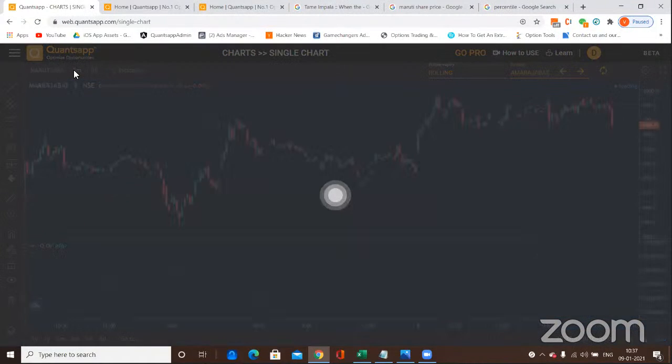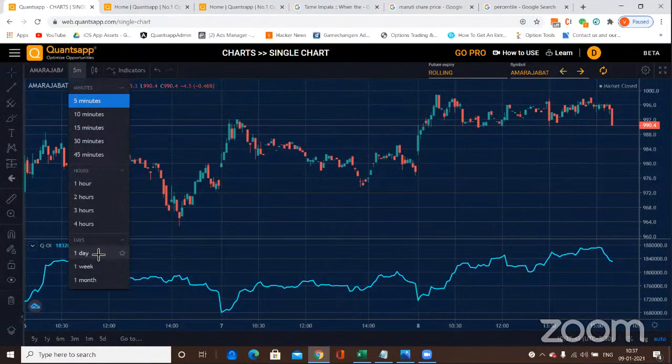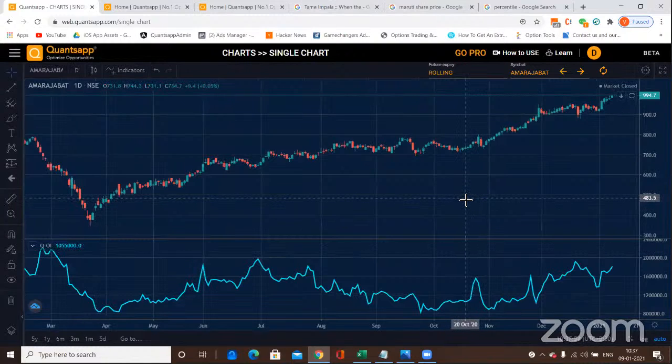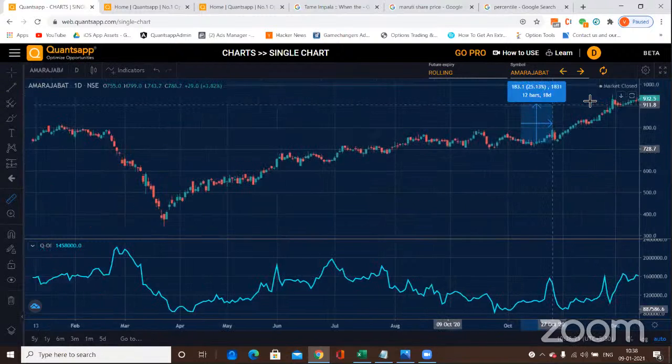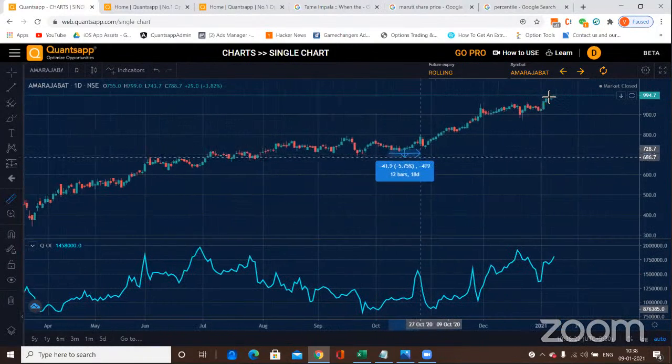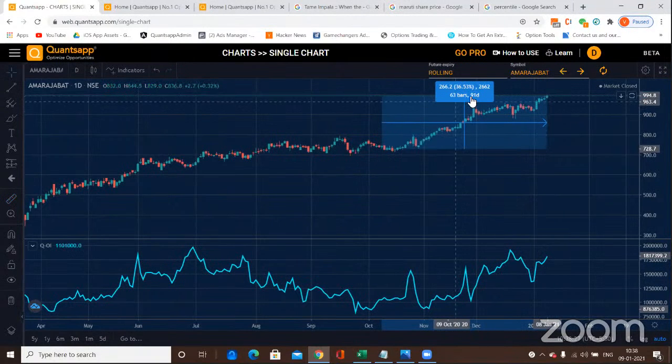All right, so this is the 5 minute chart. I'll just make it into a daily chart. So we are analyzing data for the last 60 days for this underlying. Last 60 days would be around just the second week of October. So clearly we can see that the underlying has definitely gone up. We even saw that in price percentile. So let me just draw a scale out here. So first and a half week of October to now. All right, so 63, so 60 days worth of data, that's again 60 trading days, and we can see that it's gone up by 36.5% in the past 60